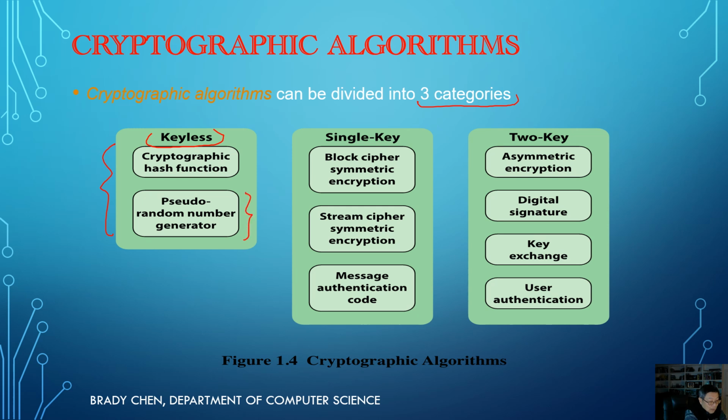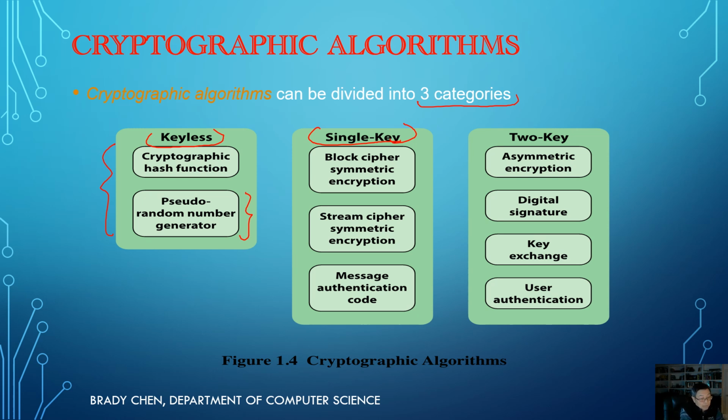It's more like a math function that can actually create some numbers. It looks like a random number, but it's actually not. It's a pseudo random number generator. Okay. Now the second category is the single key